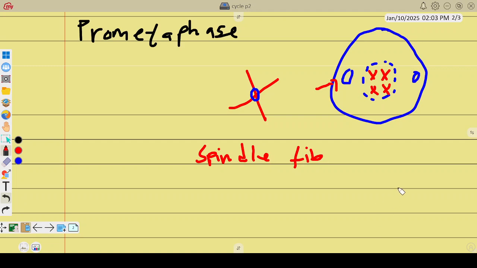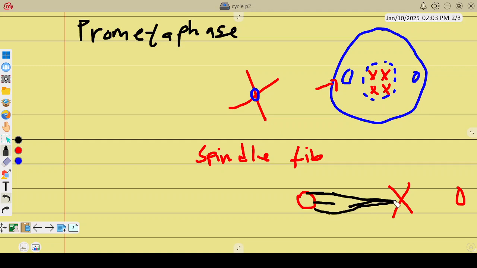This is the centrosome, and there we can have another centrosome. The spindle fibers will come from here. The spindle fibers will be released from the centrosomes